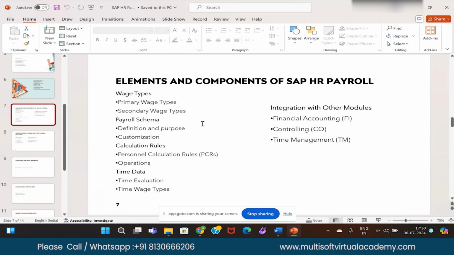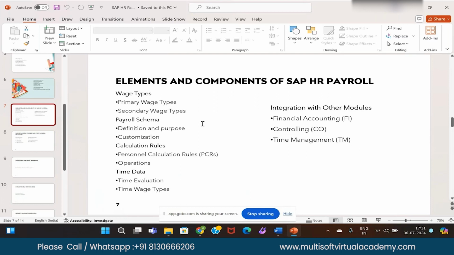Can you explain before that what is the difference between primary and secondary wage types? Yes. Primary wage types are the wage types that you can configure and you can see in the system. For example, 1001 is basic pay.